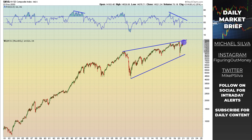Is it going to act as resistance right here, or are we going to get some crazy squeeze, overextension, blow off top? Well, I can already tell you this. We've already seen a very, very aggressive move to the upside. And think of a rubber band. When rubber bands get stretched out really, really tight, you pretty much just see them snap back fairly aggressively. Now, we can't time the market and know when that's going to be taking place, but we need to be aware that, hey, the NYSE broad index,